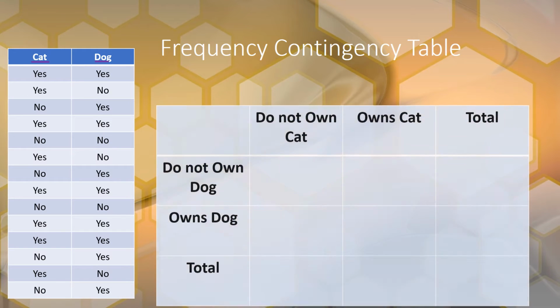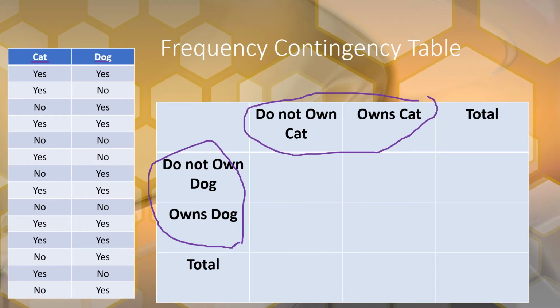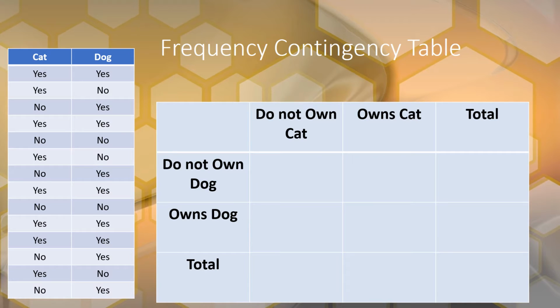And here's the bare bones of our contingency table. On this side, the rows represent the dog variable, and the columns here represent the cat variable. So you can own a dog or not own a dog. Okay? So first we're going to